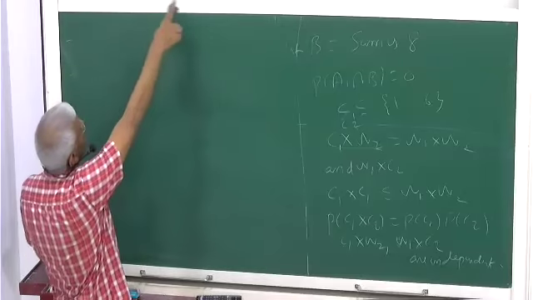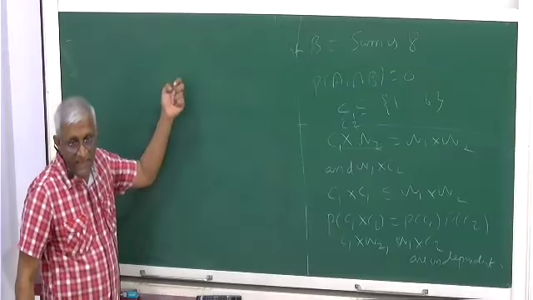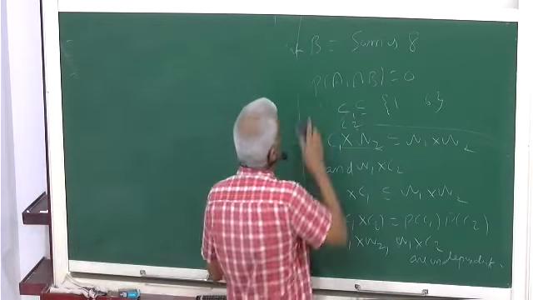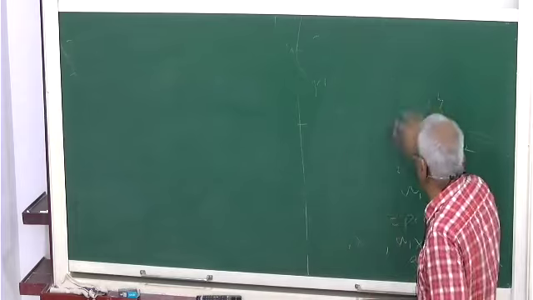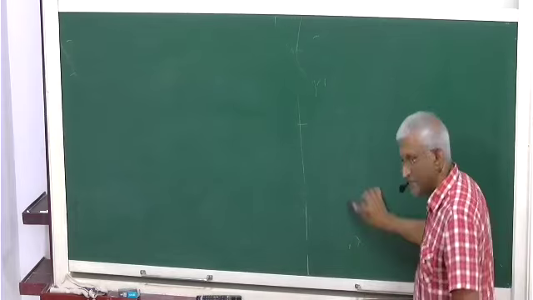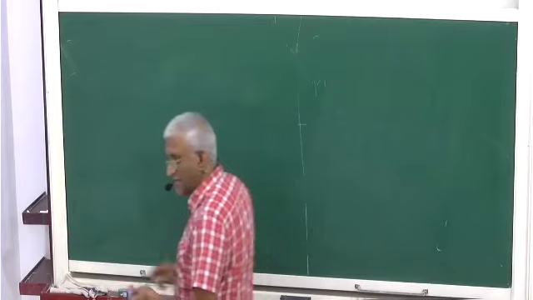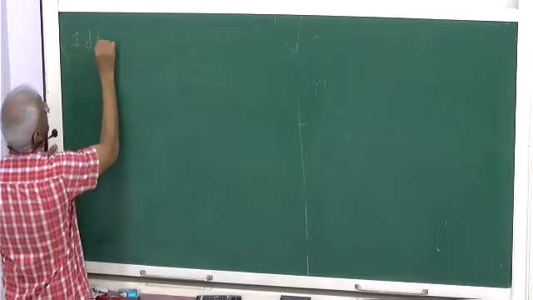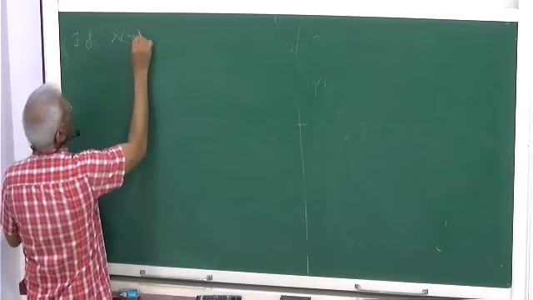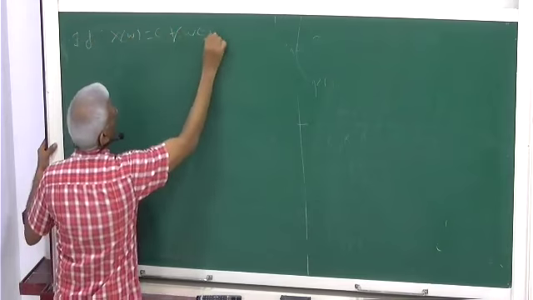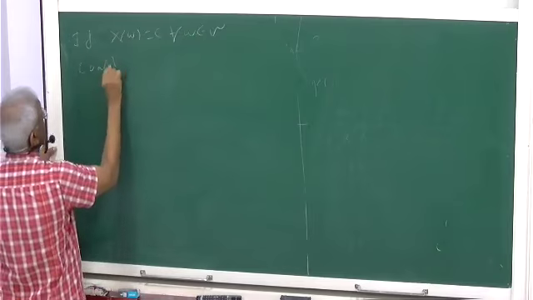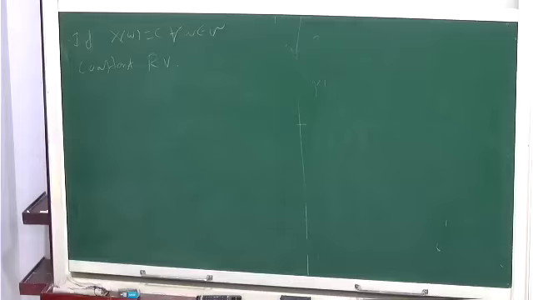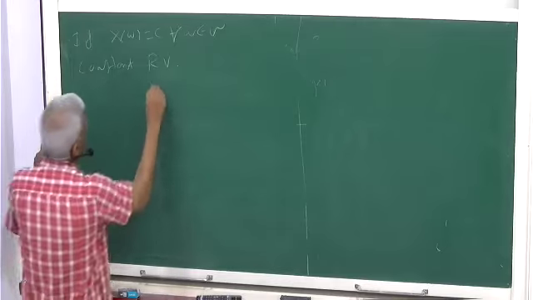Whatever set we are considering, X of omega equal to c will be the whole set, and the probability will be 1. It's a kind of certain random variable. It will certainly happen. We use that notation, so I'm just saying. If you want, a constant function is if X of omega equals c for all omega in Omega. This is what is called a constant random variable.